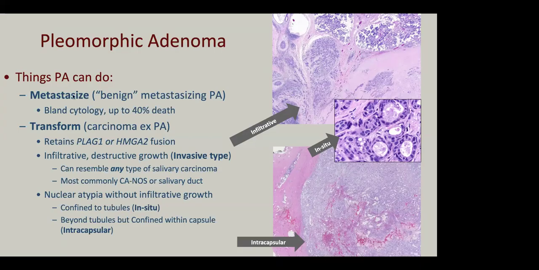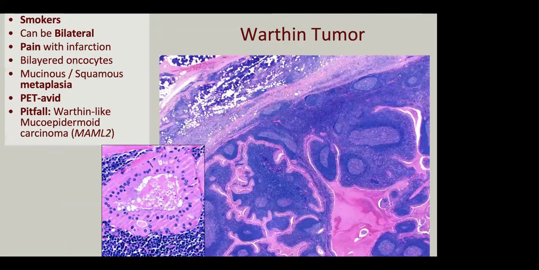There's this controversial benign metastasizing PA, to be determined if this is actually a thing, but there are some reports of what looks like a pleomorphic adenoma metastasizing without having malignant morphologic transformation, but this may not be true. Now that we know a little bit more about tumors, it may probably just be, who knows, a myoepithelial carcinoma or something. Okay, Warthin tumor, commonly seen in smokers, commonly bilateral, has never been demonstrated to actually be neoplastic,